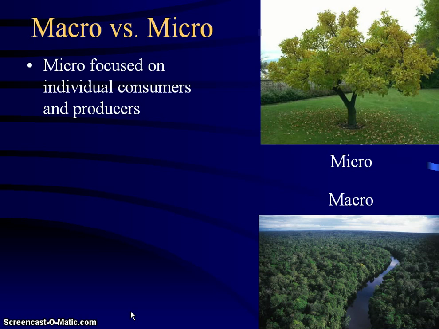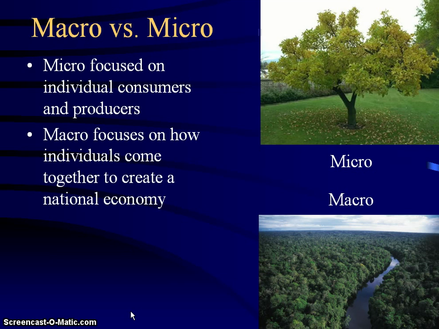Think of micro really as focusing on individual consumers and producers, right? Micro's whole purpose is to understand how the individual person, the individual household, we use that word sometimes, or the individual business makes decisions. And that's really what we spent the whole last semester doing. We understood how one company decides to shut down or not shut down, or how a consumer decides to buy a good or doesn't decide to buy a good. But it was all focused on how the individual person makes a decision, essentially. Remember, that's the study of economics. What is decision making?